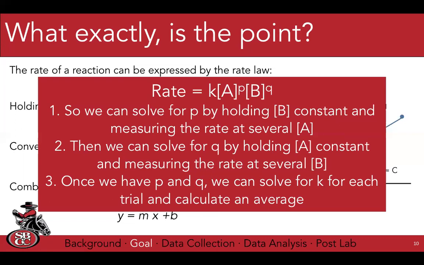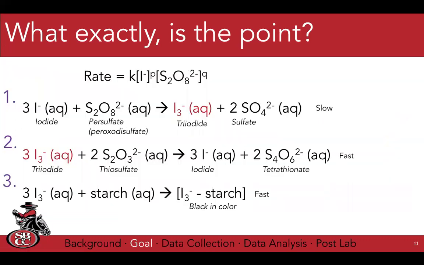And that's what we're going to be doing today: measuring the rate, changing the concentrations, calculating P and Q, and then at the end, once we have all of that, solving for K. Okay, so here are our reactions today. We are going to be solving for this rate law: rate equals K times the concentration of I minus to the P times the concentration of persulfate to the Q, and that's also